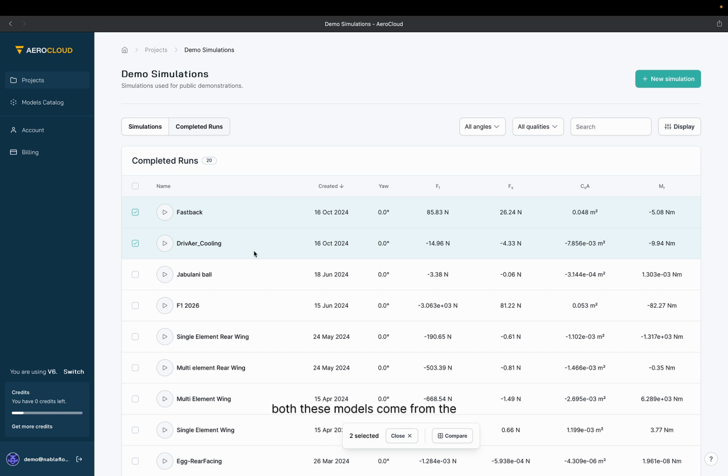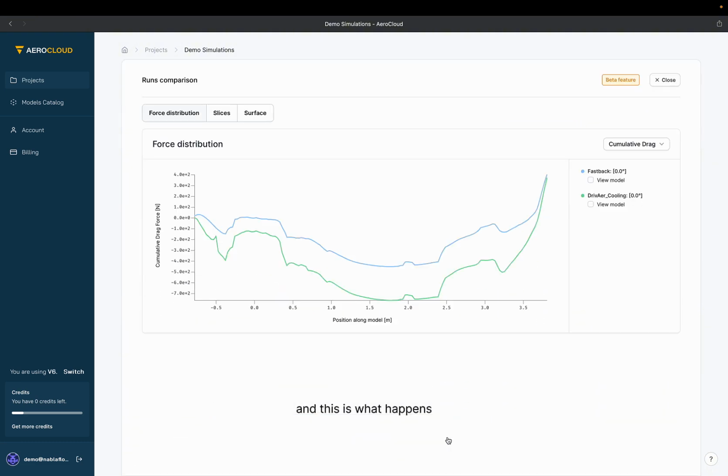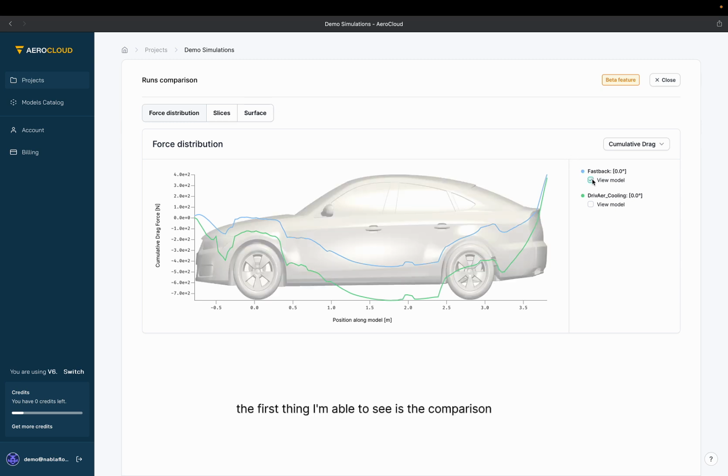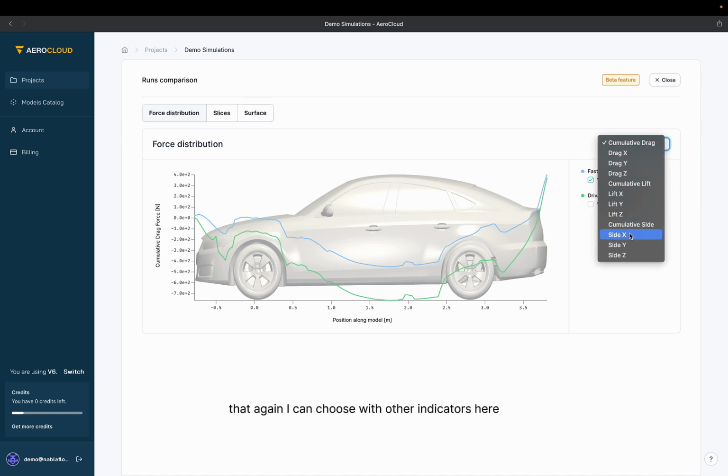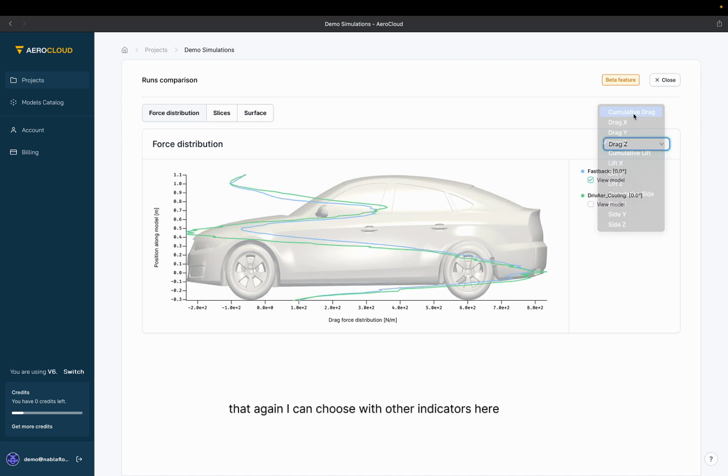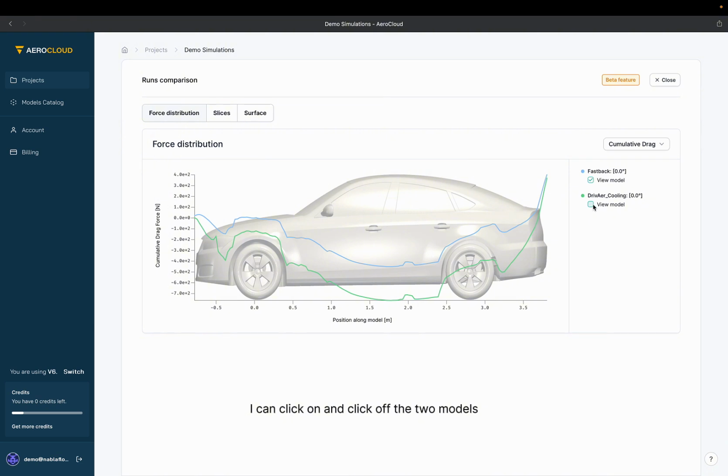Both these models come from the DriveWire folder of models for car. In this case, I'm going to be comparing them, and this is what happens. I ran 2 simulations in the same configurations with the same speed and same orientation, and the first thing I'm able to see is the comparison between the cumulative drag, that again I can choose with other indicators here. I can click on and click off the 2 models to see the differences and see what happens in both